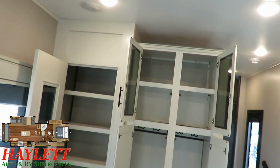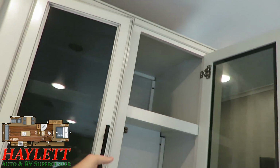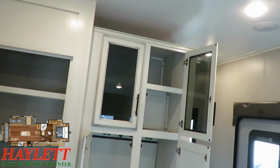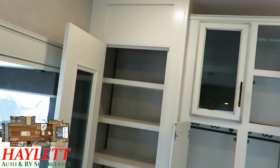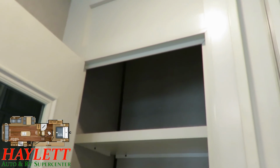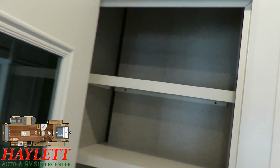Now, one thing I like that they did up here, just to break up the potential visual monotony, is they did put these smoky glass panels up there, and it gives it a very nice accent. That's one thing you're going to see throughout a lot of this Eagle, a lot of very nice light, dark accents. Now, over here, you've got a dedicated pantry, and actually you can put some very big, tall stuff up there. That's going to be stuff you don't use every single day,